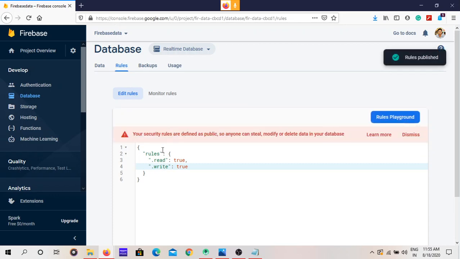See, we are giving the permissions to the database, read permission true, write permission true. We can read the data and write the data, but it is giving a warning message: your security rules are defined as public, so anyone can steal, modify or delete the data in your database. When can they delete? Unless you give them the link. So don't share this database link with anyone. If you share it, they can make these modifications. Okay,